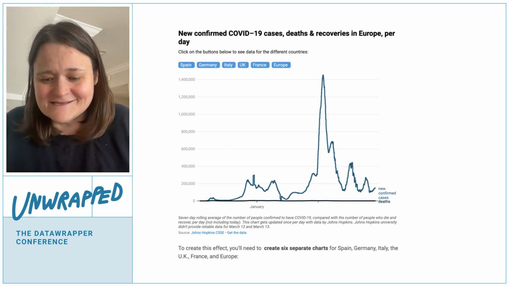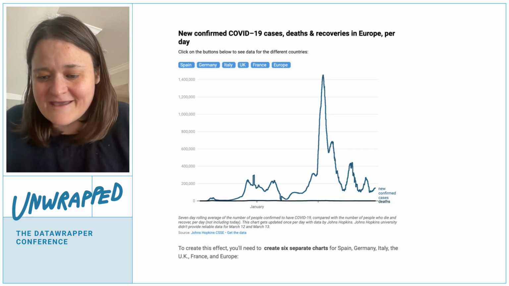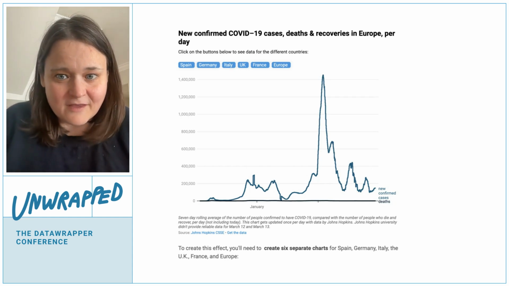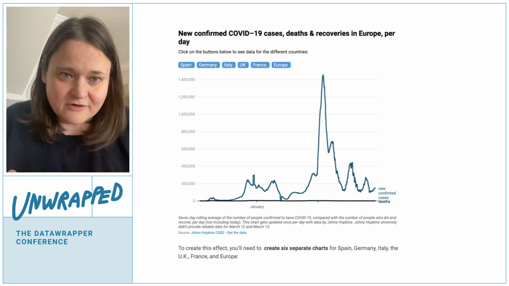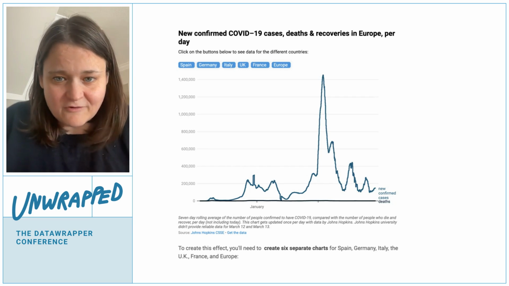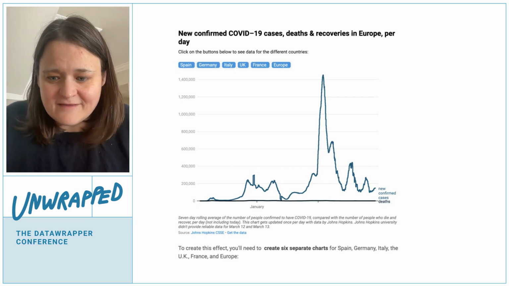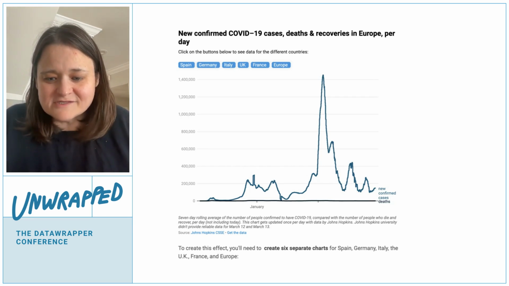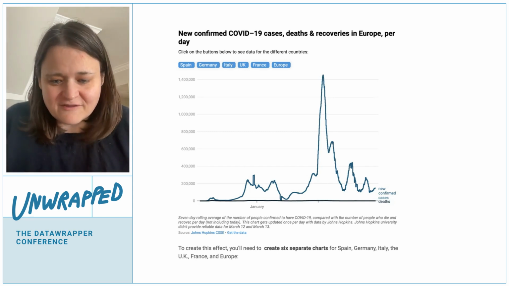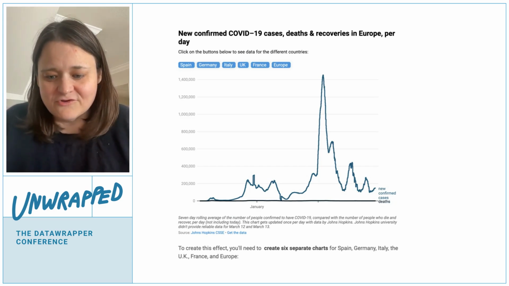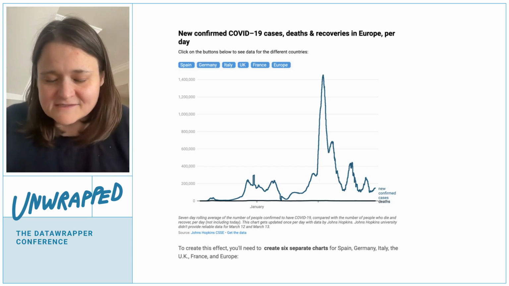Is a tutorial where it says, look, I can teach you how to make tab charts, which are appropriate in some places. So you can have this kind of false interactivity where you can click on charts. Here's a chart of COVID cases. We made it for Spain, and you could see it for Germany or Italy or whatever too. This kind of false interactivity is appropriate for some places where you are just saying, here I am to just share the data with you, right? This is really a vehicle for you, the reader, to be responsible for the insight. It's not really on me. I've made it slightly easier for you by visualizing it.